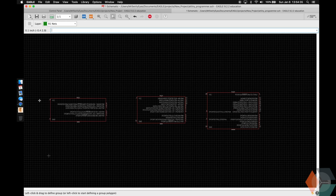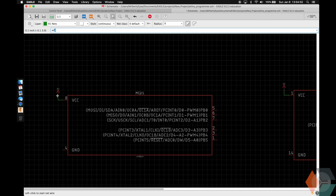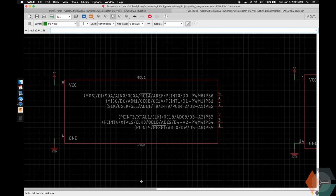We're going to be powering them with 5 volts. So let's go ahead and add a 5 volt tap, and we'll show how we'll power that soon. And then route them as appropriate. Add our ground. Cool. And then the way we're going to program these is using the serial peripheral interface, or SPI pins, and